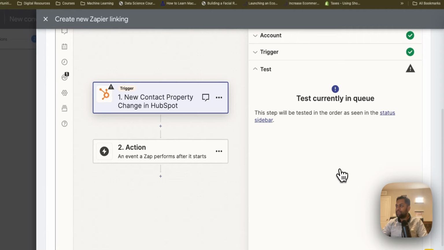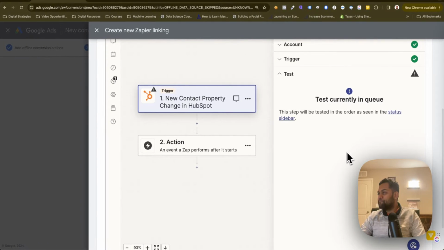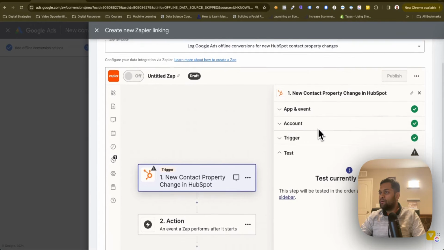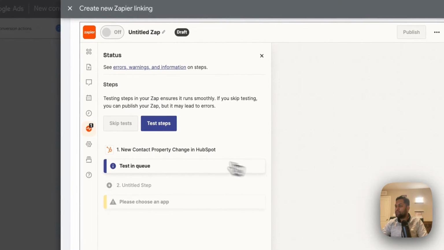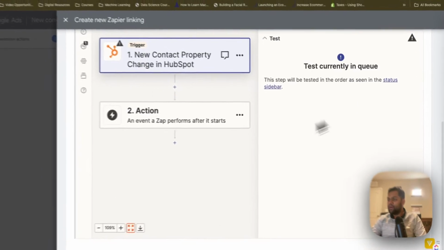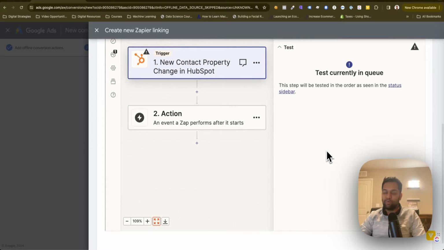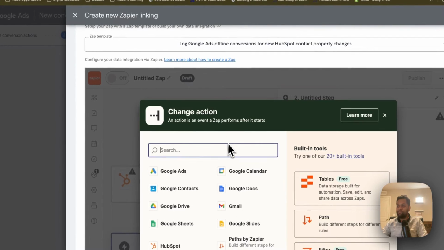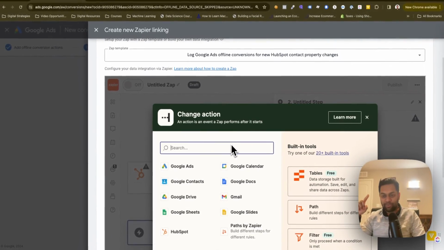It's going to basically, all right, let's see. Test in queue. Anyways, basically what it's going to do is it's going to send a trigger, and then it's going to pick a test contact from your HubSpot. Now, once this step is done, the action is we need to push that data, push that lead into Google